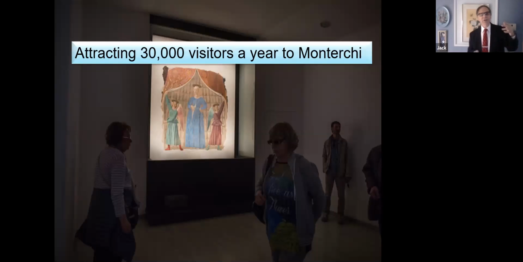So the restoration was done, and the Vatican comes back and says, well, we'd like to get this painting moved back into the church. And the church father said, not so fast. We got our whole economy based upon this thing. We can't move this to the church. It's kind of on the outskirts. No one's going to be coming into town anymore for the restaurants and all the other stuff we need.